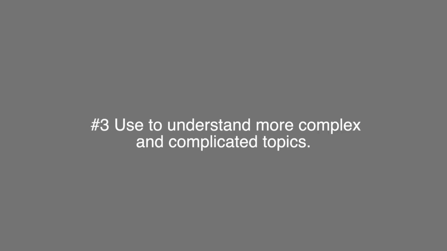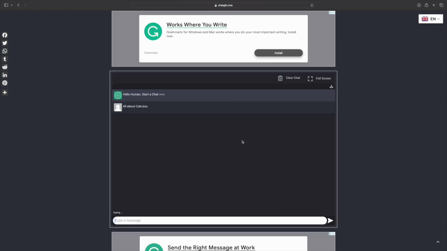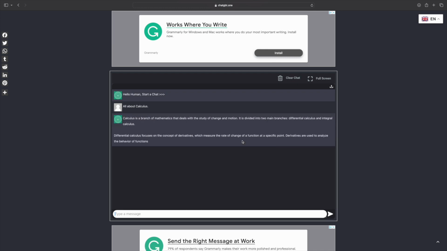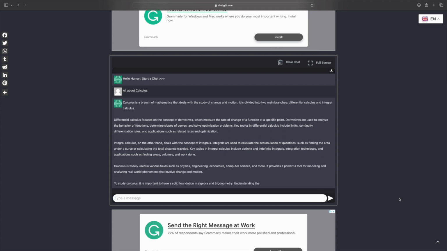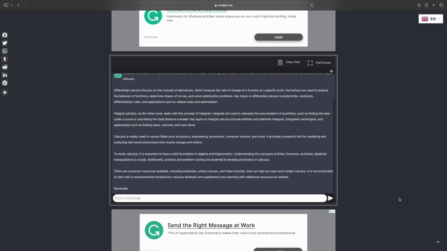Number three, another great way to use ChatGPT is to understand complicated topics. And so, of course, you could do your own research. You could Google things. You could get a book about it. But you can also search or type in on ChatGPT about a topic. So what is coding? Or how do you write a JavaScript code or something like that? It could be anything, any complex problem that you want to solve. You could just ask that question and then ChatGPT will actually give you an answer.